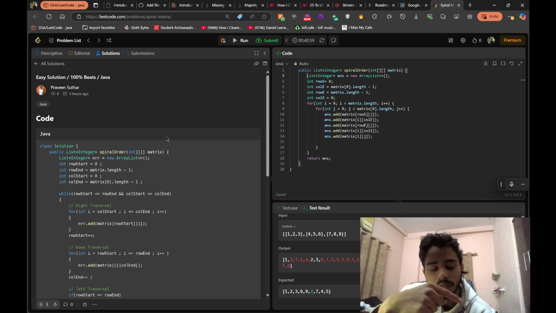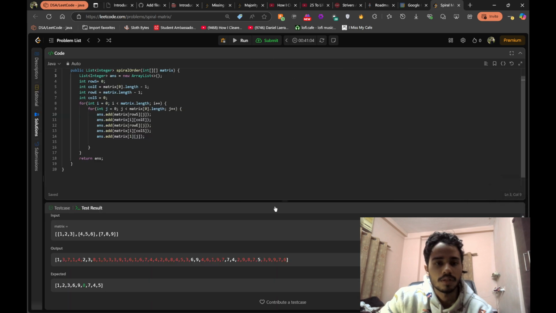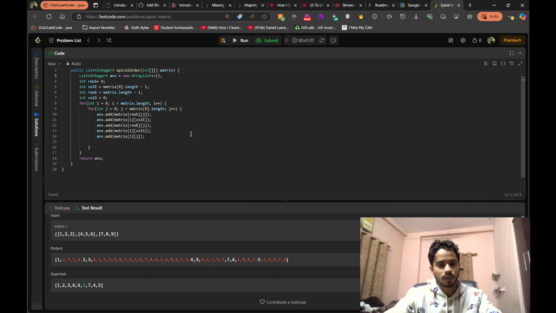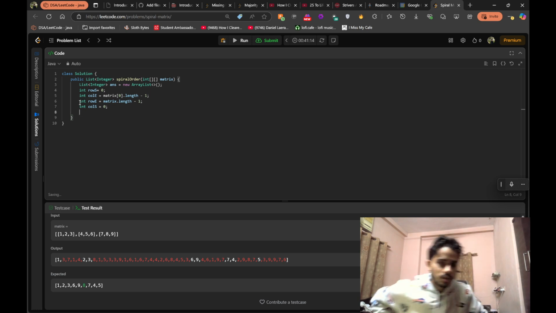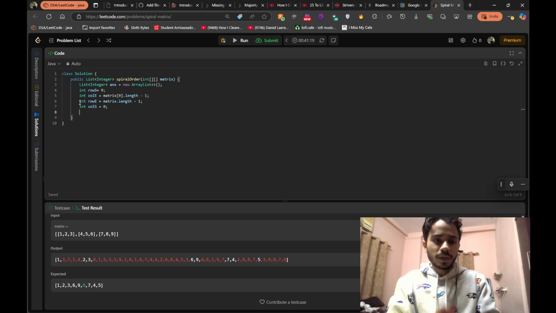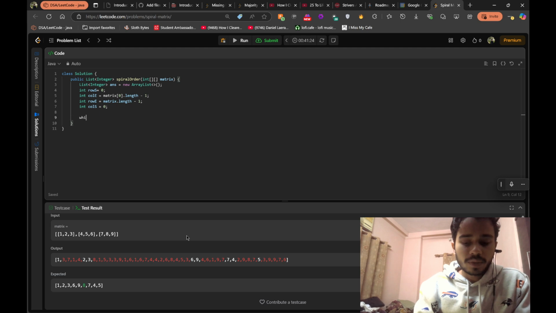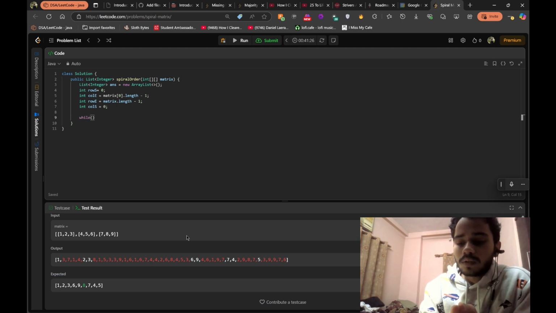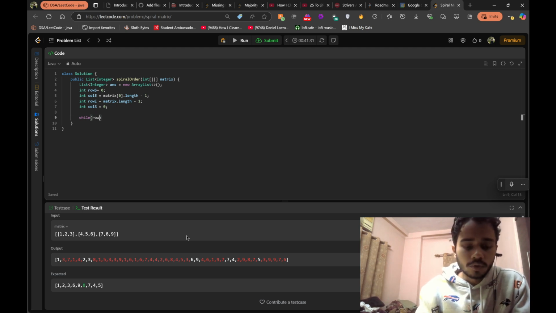So what do we need to add in that reversal? All right, let me just try to implement this. Let me just hide that thing. Yeah. So what we can have, I understood a little from that, is a while loop. What this while loop will be doing is it's going to use the row start and row end. So while row start is less than equal to row